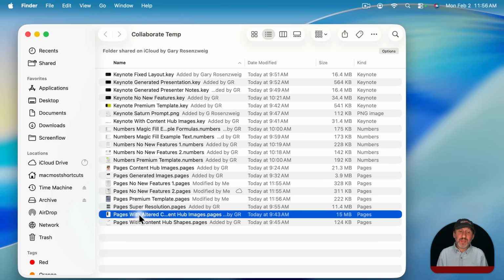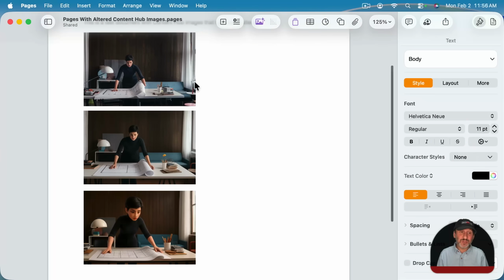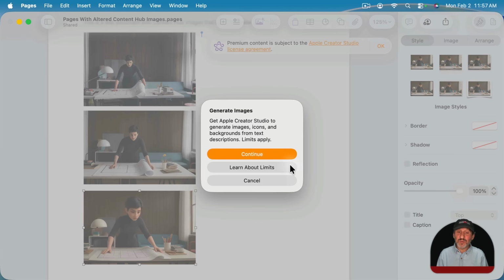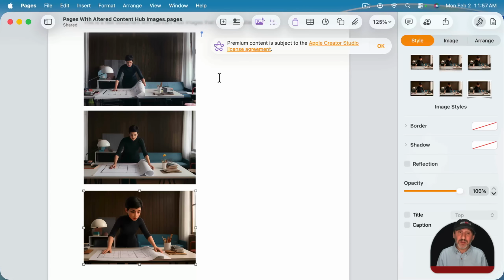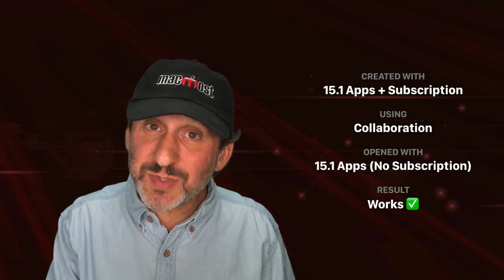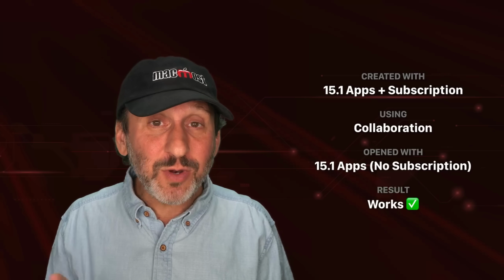What about with images taken from Content Hub and altered? And you can see that works fine as well. I get the little licensing notification there, but it seems to work the same with collaboration as it does if I just open up the document normally. And of course, I can't create any new images because I don't have a license here, but the other person can, and then I would see them appear here. So two people, one with an Apple Creator Studio subscription and one person without a subscription,